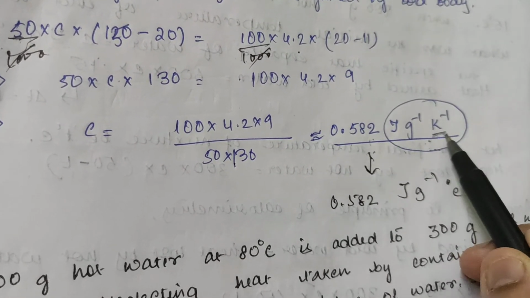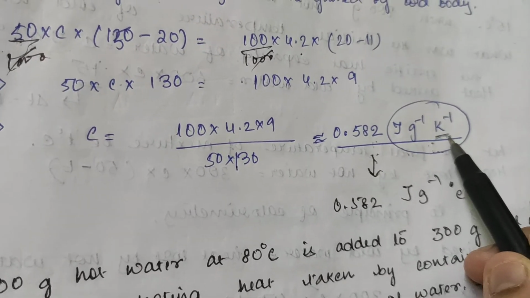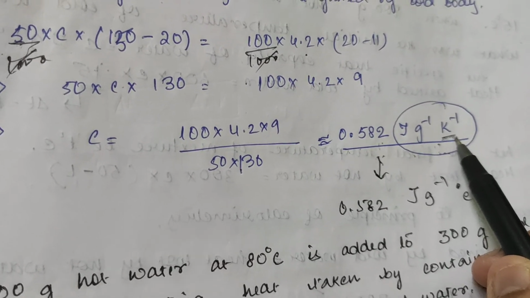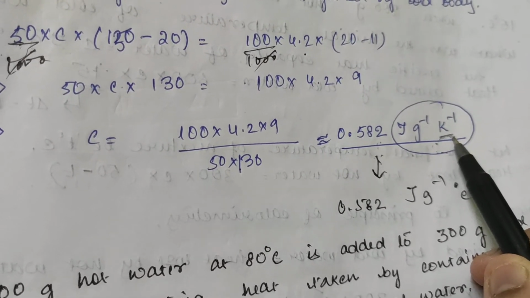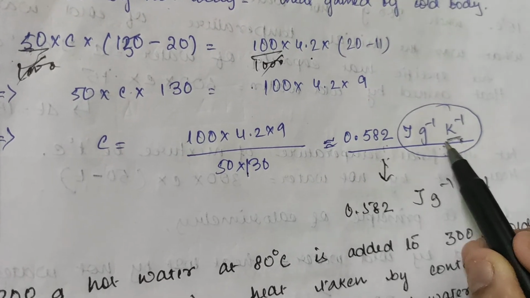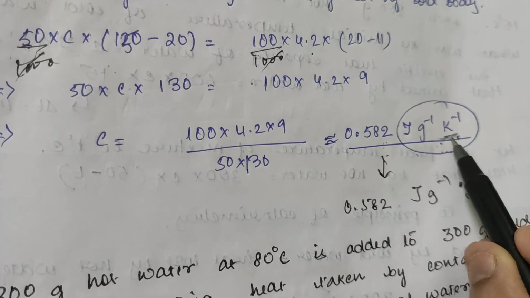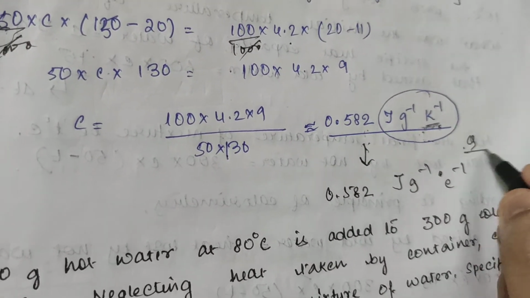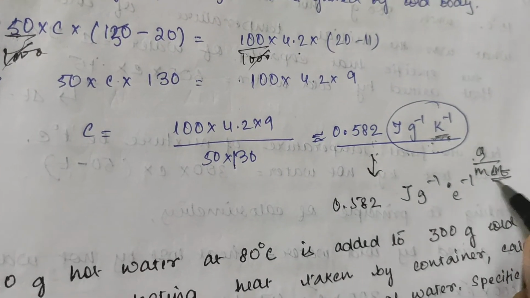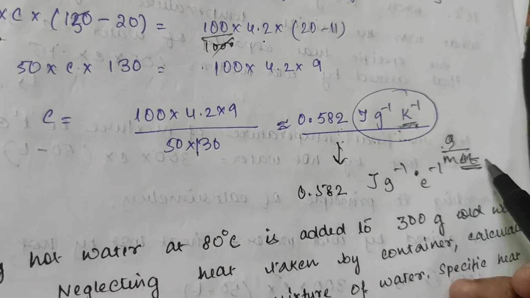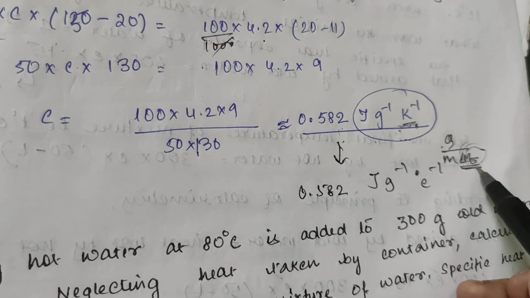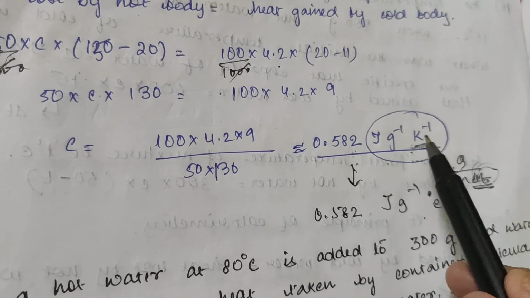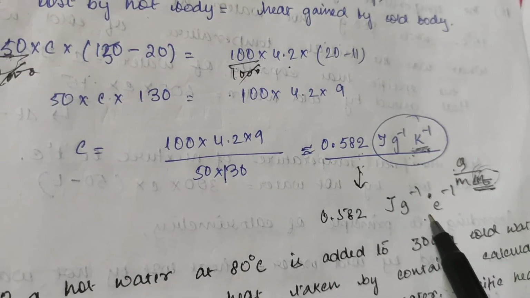What is specific heat capacity? Amount of heat energy required to change the temperature of 1 gram of a substance, unit mass of a substance, by unit amount. So that means it's the unit of temperature change, Q by M into delta T. C is Q by M into delta T. So basically this per Kelvin is a unit of the temperature change. That is why it will remain same, per Kelvin or per degree Celsius. Same, no change.